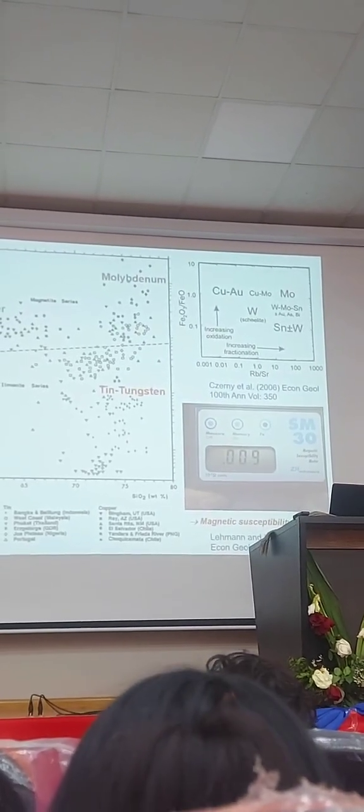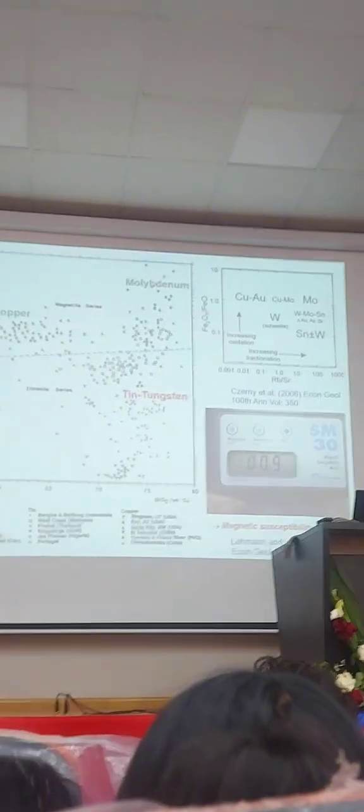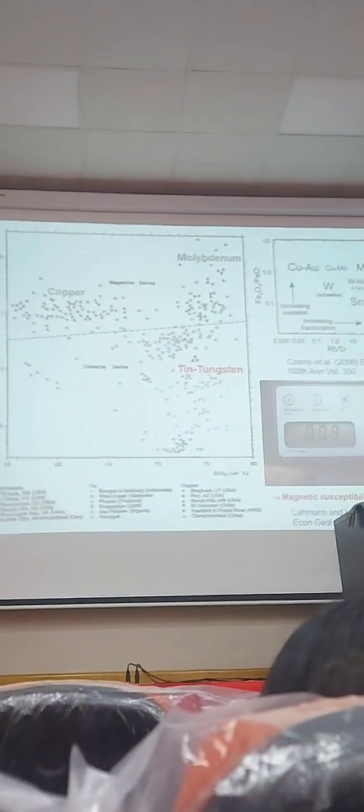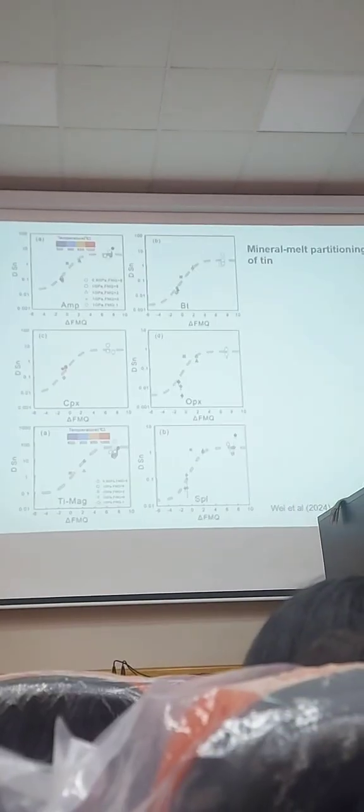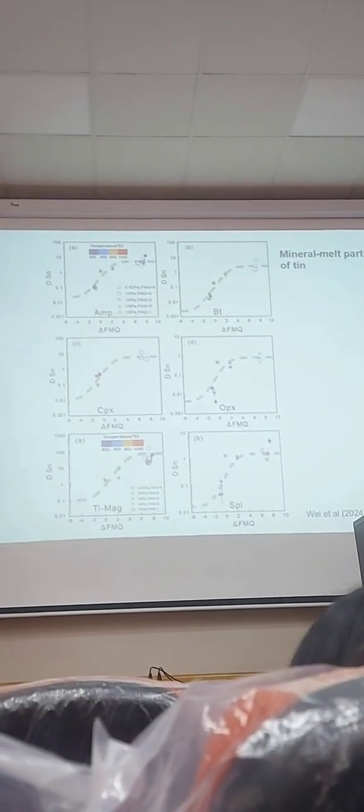Actually with tungsten it's a little bit different. Tungsten is not so much redox dependent. Tungsten granites can also be up here. But tin is very astonishing. And the reason for this is